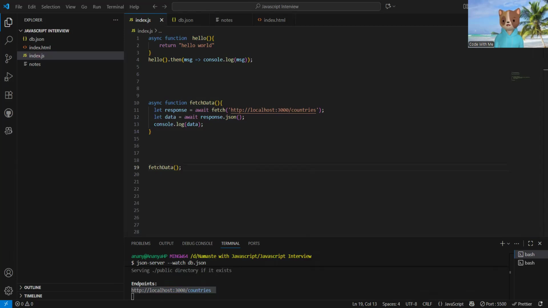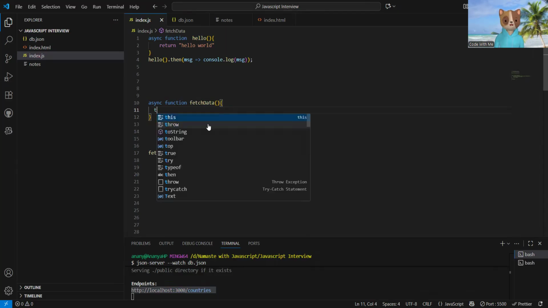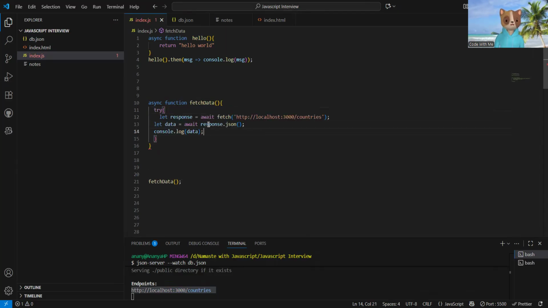So what is the benefit of async and await? By this, our code looks simple with clear syntax, and it is easy to handle errors by using try and catch. See, here we can directly write try this one.